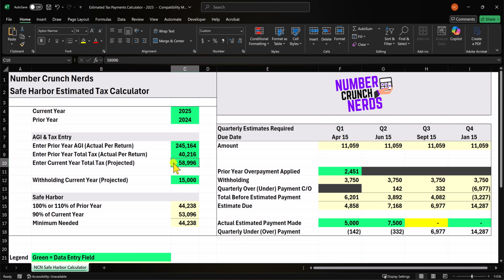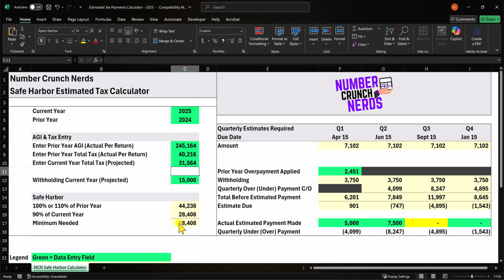I'm just going to go ahead and change this number to a lower amount for purposes of this example. In this case, because the current year total tax projection is sufficiently lower than the prior year actual tax, the 90% of current year safe harbor would be dramatically lower than the 110% of prior year. Therefore, instead of a grand total of $44,000 due in estimated tax payments, we could drop that down to $28,000